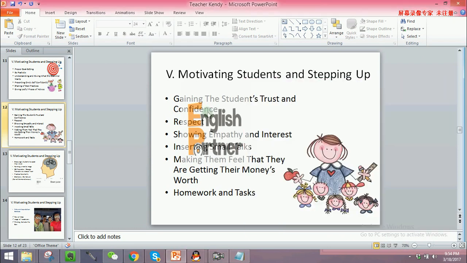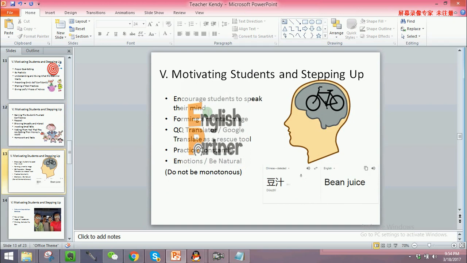There are some additional things and skills that I teach them or do with them as an exercise to help my students improve in different aspects of oral English. So, above all, I encourage them to speak their mind through forming a mental image or even playing a video in their head. Yeah. So I also make use of the QQ translator and Google Translate as a rescue tool